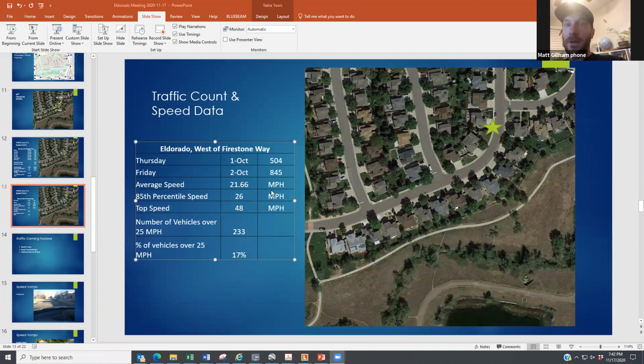Probably all of the times that I've backed out and nearly been hit, it's been from somebody who looks like they're pretty new to driving. And then also the percentage of electric vehicles, which have a much higher acceleration rate. And so coming out of that turn,